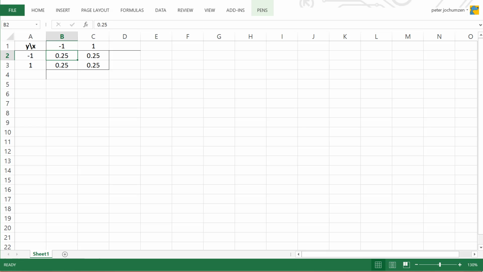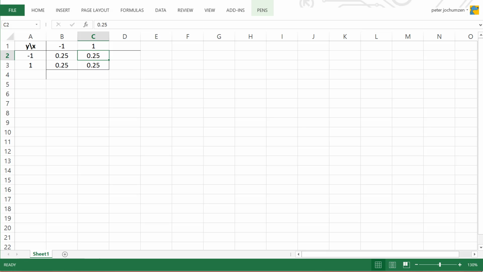So 0.25 in cell B2 tells us that there is a 25% probability that y will come out to be -1 and x will come out to be -1. Similarly, there's a 25% probability that y will come out to be -1 and x will come out to be